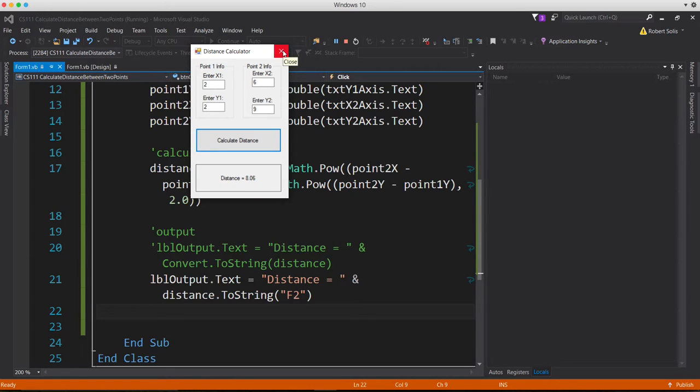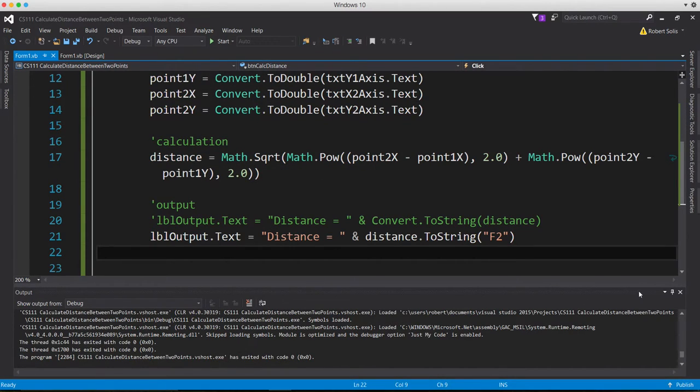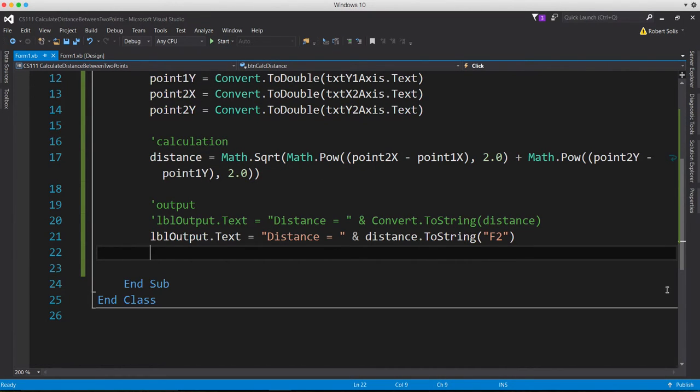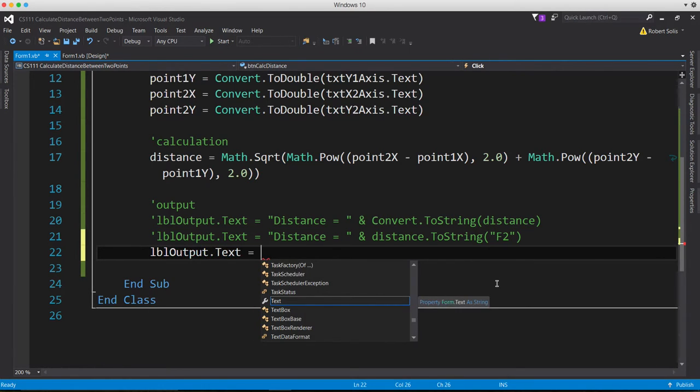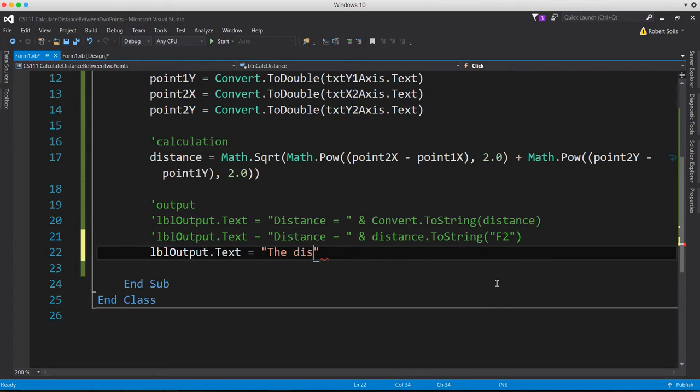All right, so that looks pretty good. Now, another thing that we could have done is we could have actually said the distance from, and then this point, and then to, and then that point equals, and then whatever that distance happens to be. We could have done something like that as well. That'd be a little bit more cumbersome, but we could do that. So let me give you one more version. We'll say LBL output.text. So this one's going to be a little bit more involved. The distance